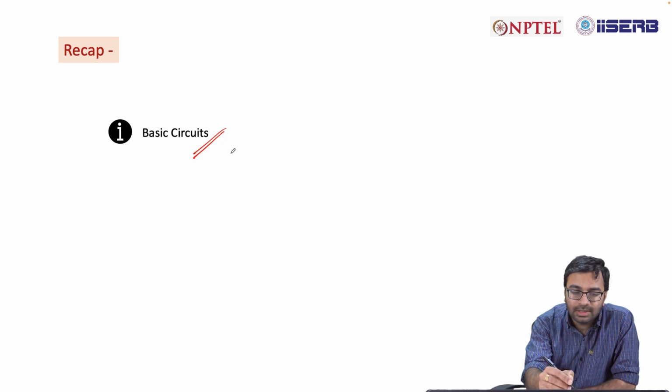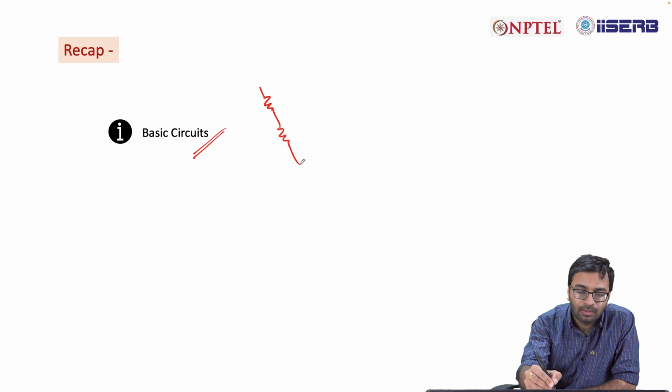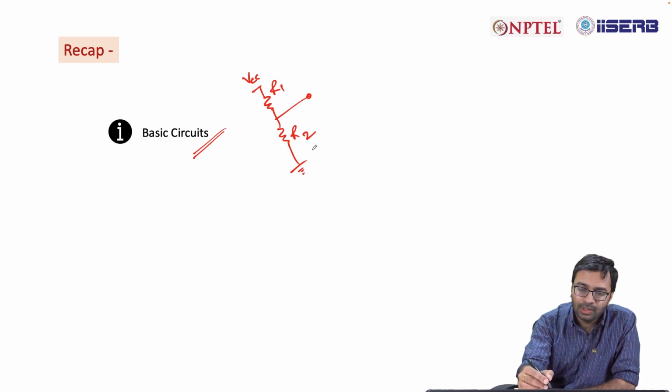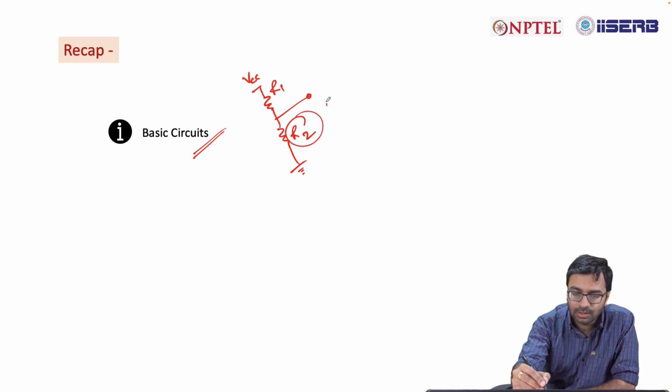One of the circuits that we have discussed is the voltage divider, where you have two resistances R1 and R2, and then you apply voltage across this, say VCC, and this is ground, and then you replace one of the resistances with a sensor. In this case the sensor is resistive in nature, so basically your sensor also acts as a resistor,